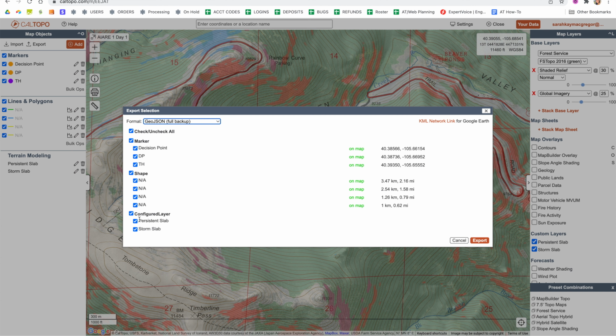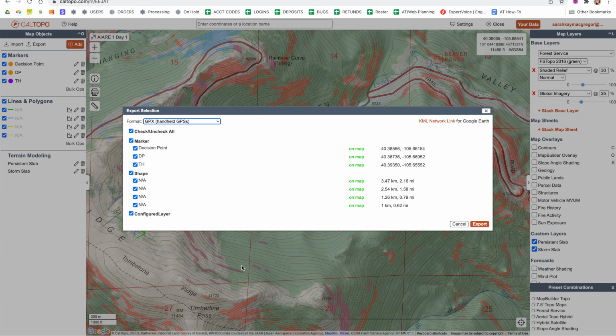With JSON it does. However, this JSON file format, I believe, cannot be uploaded into Gaia. However, it may be able to be uploaded into Gaia if you're logged in to Gaia using your web browser. So play around with that, but I recommend GPX, and then when you import this into your Gaia app, you'll